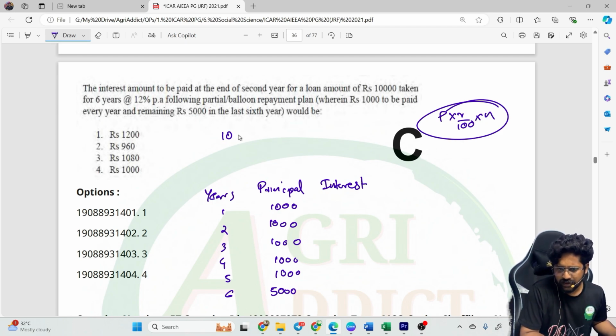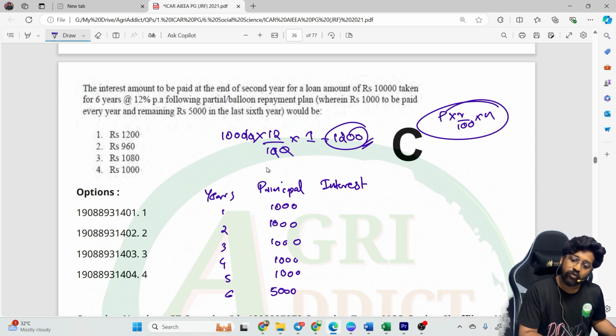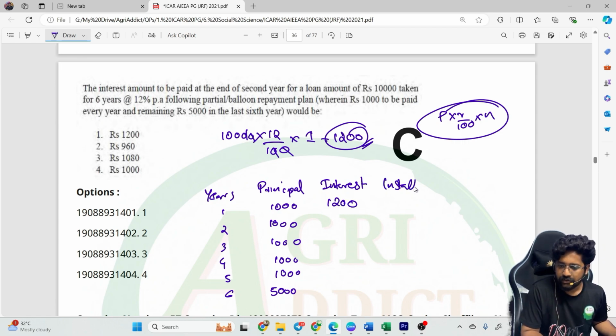Here the principal will be 10,000 rupees, into the rate of interest, 12 percent per annum, right? For a single year we will be considering here, so it is equal to 1. So therefore 1200 rupees will be the interest for the first year. Just for the first year we are calculating. For the first year the interest will be 1200 rupees, and therefore the total